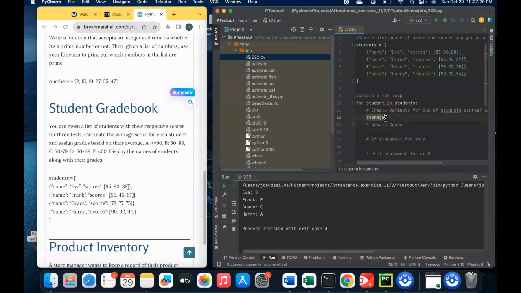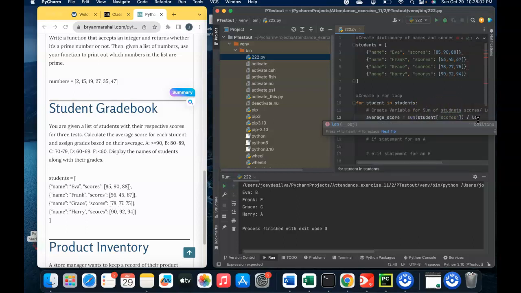So we'll make average score. And that's going to equal the sum of student. Again, student is not defined yet, so it'll probably highlight after this. And we need scores. Alright, this is what trips you up. Where's the bracket supposed to end? So the bracket ends right here, and then I divide that by length. See, earlier I was dividing this by 3, and it just left student undefined, so I have to figure out